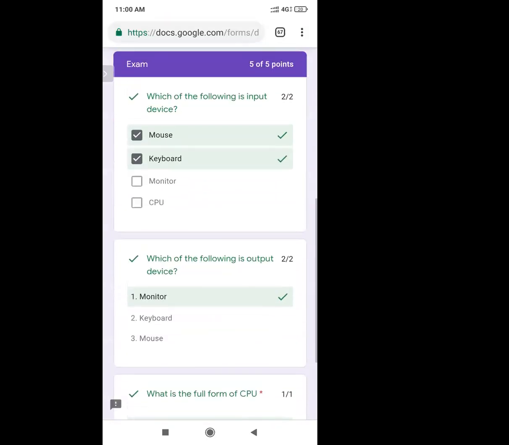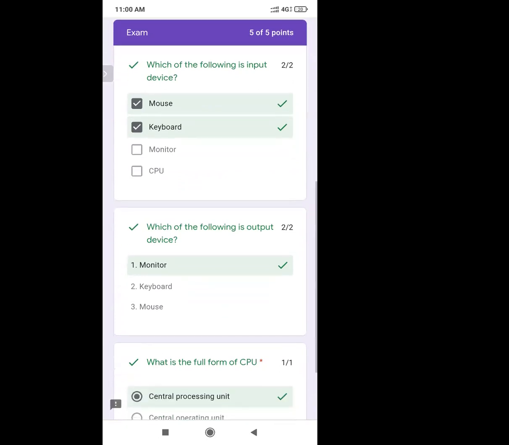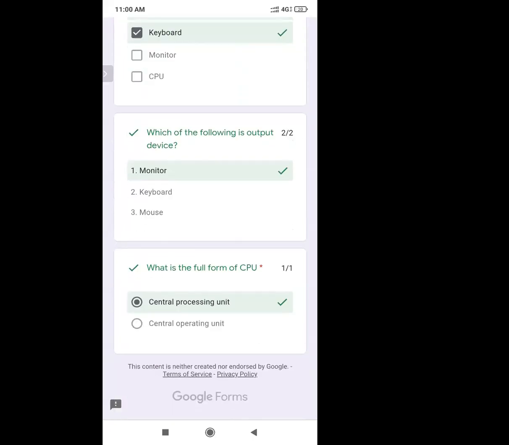When you created the Google form, you gave the answers. That's why after submitting the Google form, the participant can see their answers in this way. Suppose I have given any wrong answer, then instead of green color, it will show a red color, and the right answer will be shown at the bottom of that question. Means the participant can see the wrong answer if they have given one, but they can see the right answer after submitting the Google form.